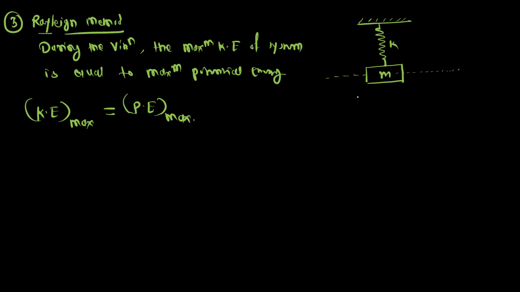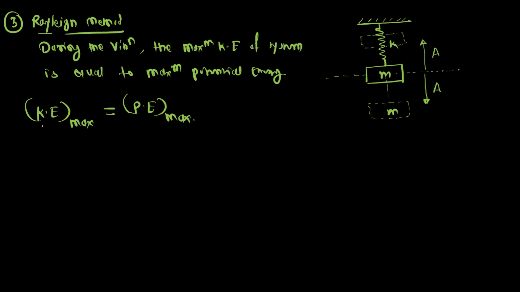Okay, so if you consider this spring mass system, then during its oscillation, so this is the extreme position in the downward side. So if this is the extreme position, this displacement, it will be the maximum displacement. So it is the amplitude A. Similarly, on the other side, this is the extreme position. So this displacement with respect to mean position, this is also amplitude, that is a capital A. Okay.